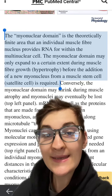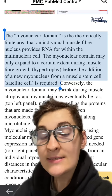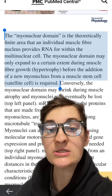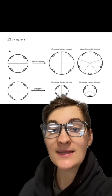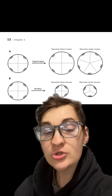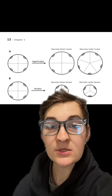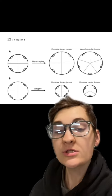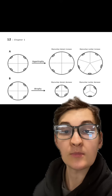However, it does appear that each nuclei can only synthesize so many proteins, until it cannot synthesize enough proteins to continue to increase muscle size. Essentially, each nuclei has a finite capacity to produce more and more proteins to increase size. And once you have met this threshold, the only way to continue to increase muscle size is to add more of these nuclei to the muscle, which can work together to produce even more proteins, allowing for even greater muscular